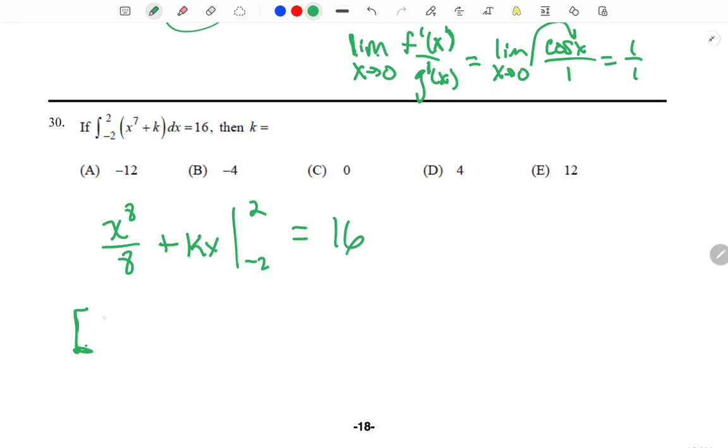Or an easier way to think about this, honestly, is that we have 2 to the 8 over 8, which would be 2 cubed. So that's 2 to the 5th. So 2, 4, 8, 16, 32. Right? So that's a little easier to think about. So this is going to be 32